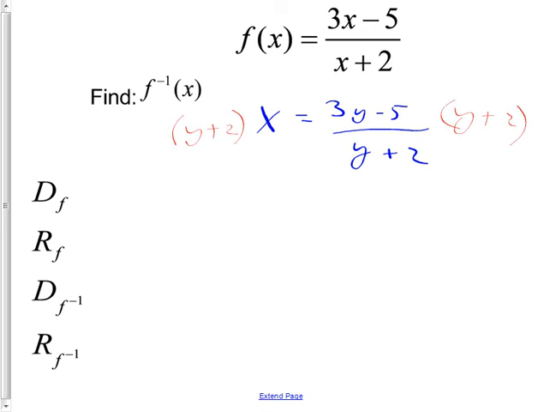Parentheses are big in this unit. We have so many cases where if you don't use parentheses, it'll screw you up. yx + 2x = 3y - 5. And then this, I kept saying you should repeat yourself over and over. What are you trying to do? Get y alone. Good. So I'm going to subtract 3y from both sides because I'm trying to get the y's